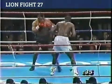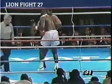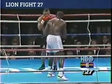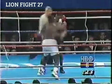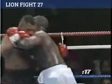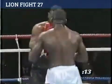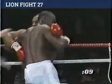Hitting on the break. The referee didn't say a word to him about it. There's a little swelling under the left eye now of Mike Tyson. Still beating Tyson to the punch. Well, there's just no question which is the more confident fighter now. You see how easily Douglas is dominating the action inside. And Tyson is holding on. I've never seen this happen before with Mike Tyson. He's always